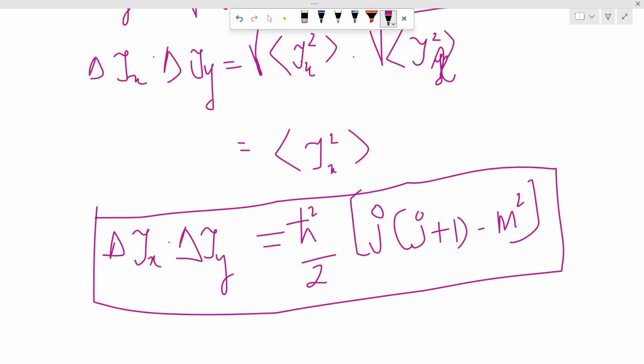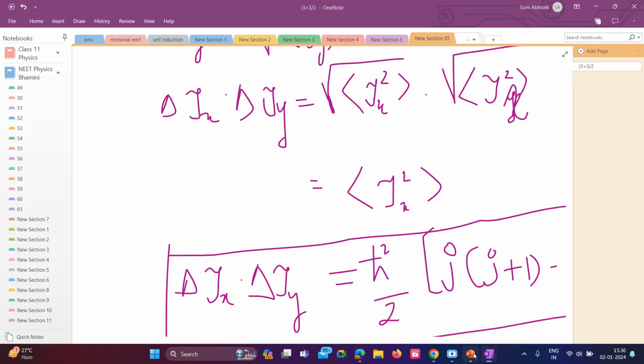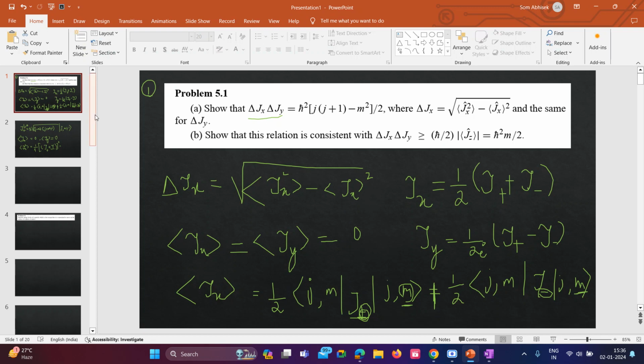Yeah. So this is the first question, like the first bit of the first question only. Okay, this is only the first bit. What is the second bit? So that this relation is consistent with delta Jx into delta Jy greater than or equal to ħ by 2 expectation value of Jz, and